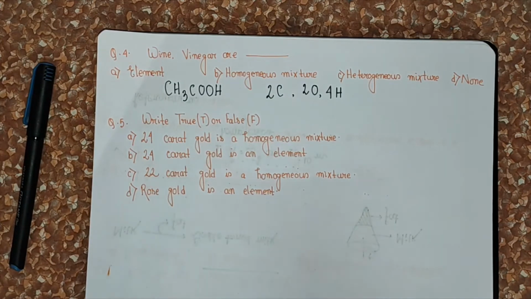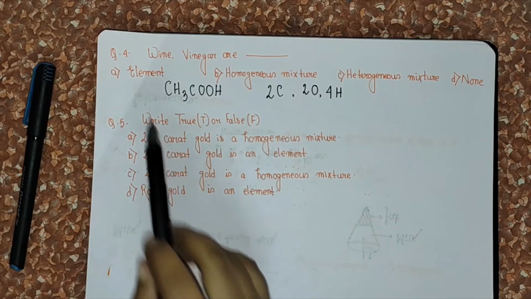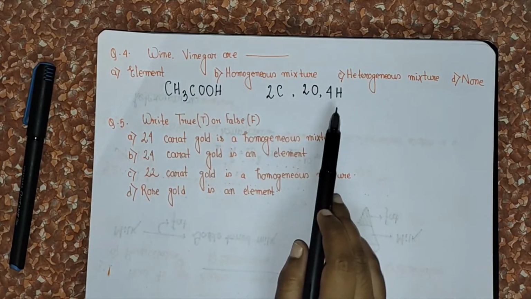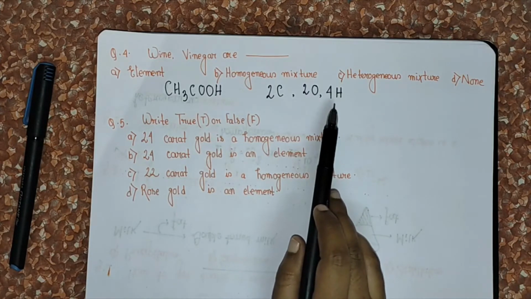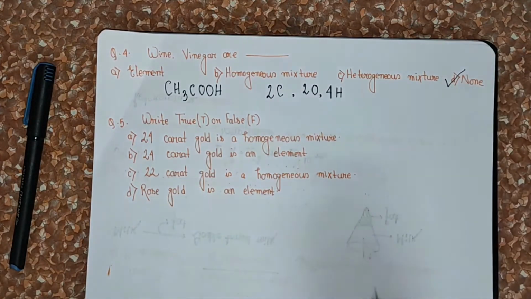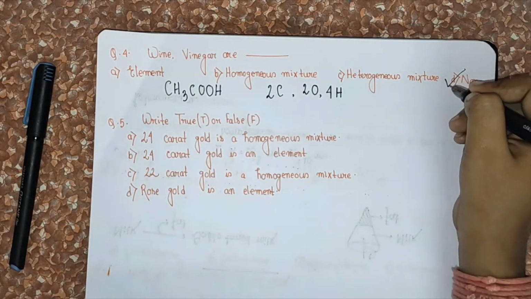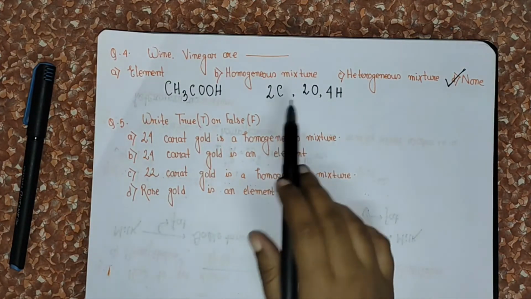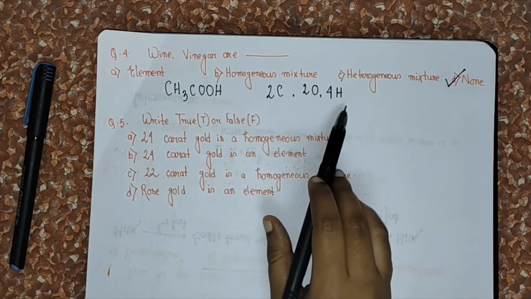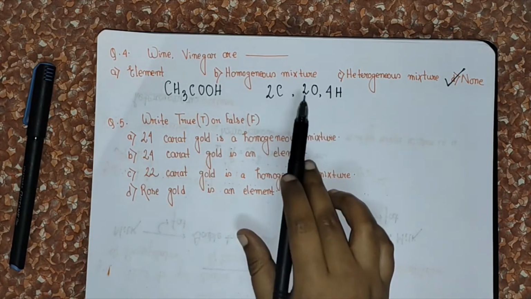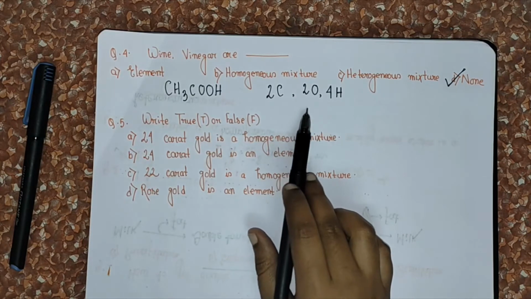So because vinegar and wine are nothing but a kind of alcohol, in both wine and vinegar, it is made up of some elements. So this will form a compound. So the option is none, because the compound option is not given here, so you will choose the none option. Now why is this not a mixture? Three different kinds of elements are present here: carbon, oxygen and hydrogen. You may think that this is a mixture. But no, this is not a mixture.